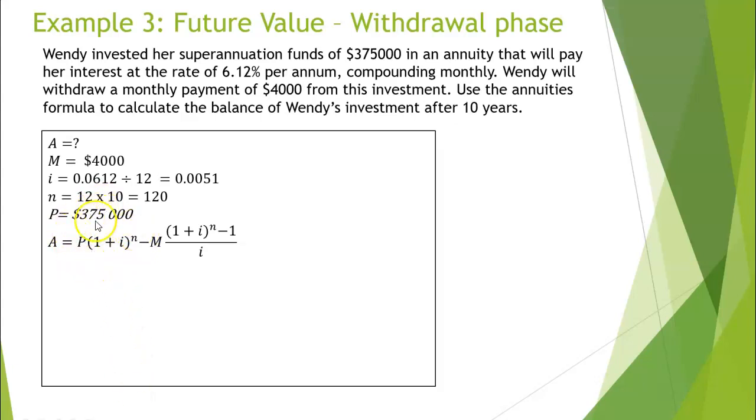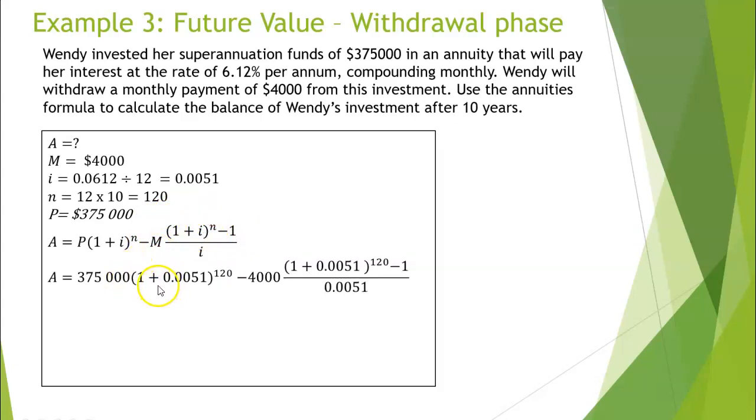So we write down our formula. So this part of the formula is going to be the interest on the $375,000. This is the annuity of how much money she's going to take out. So substituting into that equation, we get this, and I don't know about you, but I can't do that in my head, so I'm going to bring up my trusty calculator,